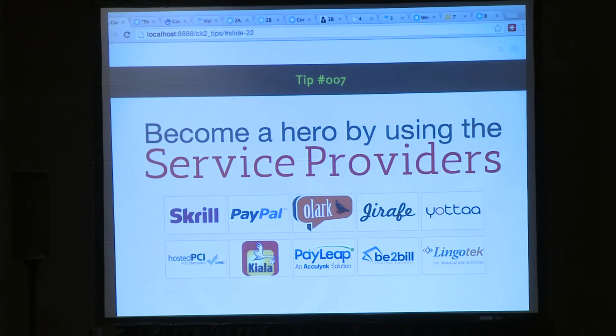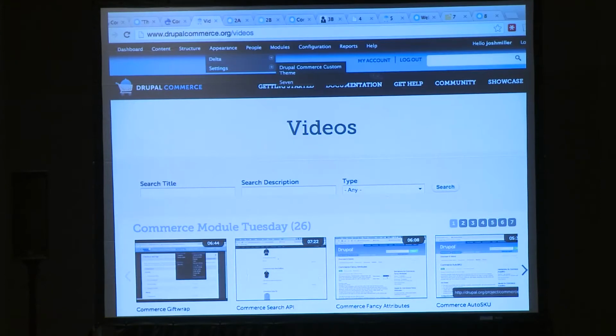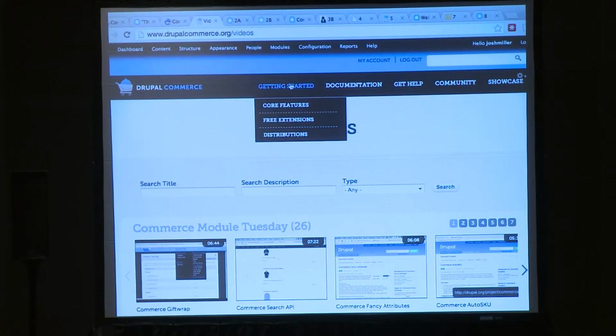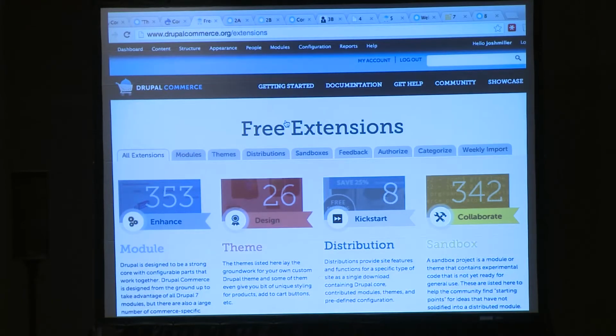Tip number 7. This tip is one that is still building. And it's one of the many products that we're starting to offer at Commerce Guys, and it's called Marketplace. And really what I want you guys to know, and I'm going to go back to my first tip and show you another section real quick. Because really my first love and everything that I like to do with my daily job is to interact with the community. And I love doing that on